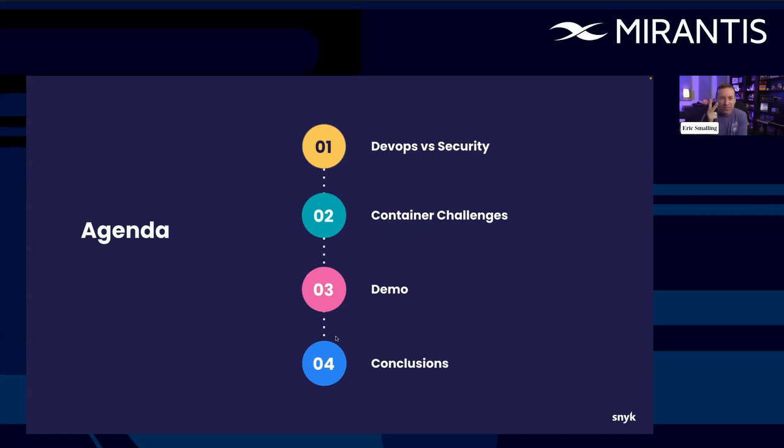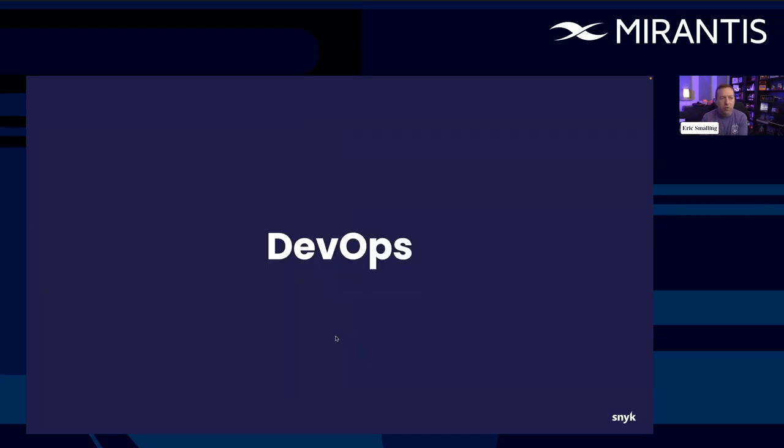I'm going to start with talking a bit about what DevOps is and how security works with it, and what DevSecOps is, which is a term you may have heard. Then we're going to get into those container challenges. What is it that, from a security point of view, challenges us around containers? Then I'm going to do this demo, hopefully. Finally, conclusions. If you've got questions, put them in the Q&A. I will try to address them as they come in if they're pertinent to what I'm discussing, or we'll hit them at the end of a section, but we'll try to get to all of them as we go.